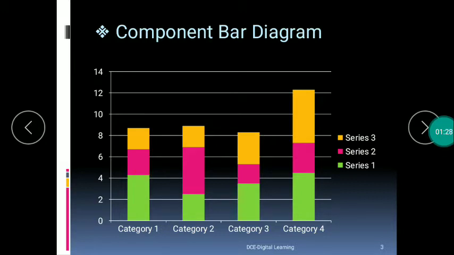And in order to distinguish different components, we have given different colors, or different components are denoted by different shades or different colors. So here, just by looking at this diagram, we can say that it is a diagram in which bars are divided or subdivided into different components, and the length of a bar diagram represents the total of that particular category. So this is how a component bar diagram looks like.